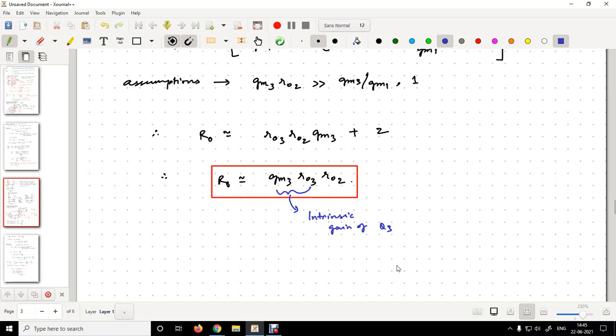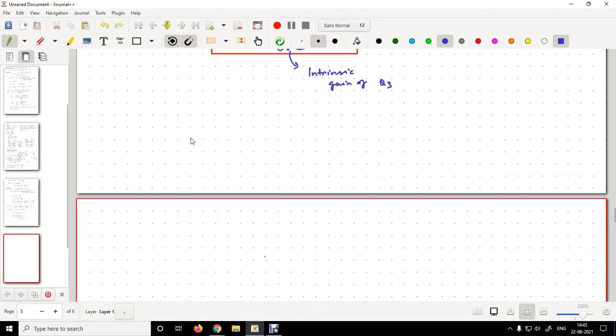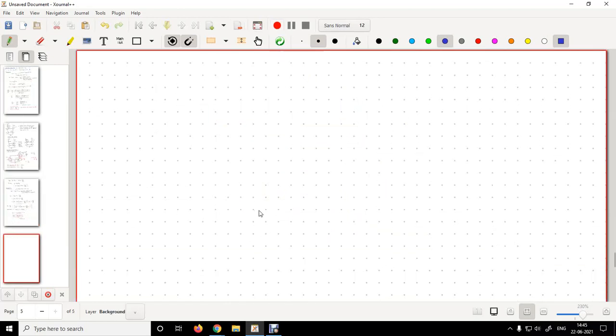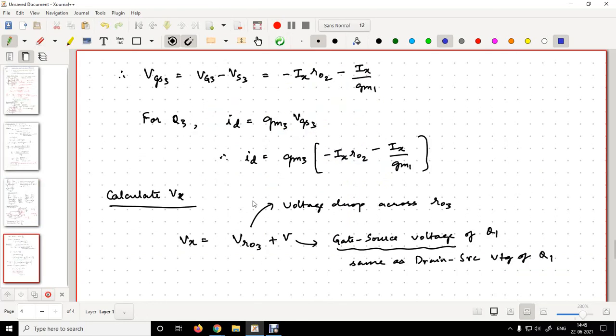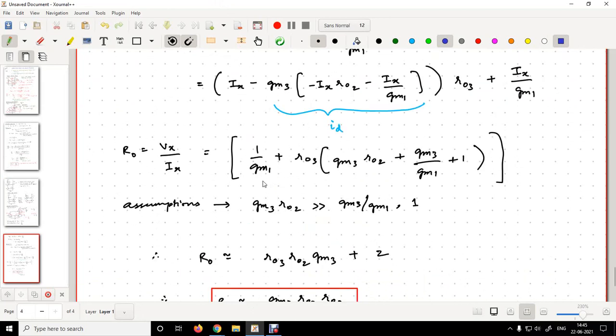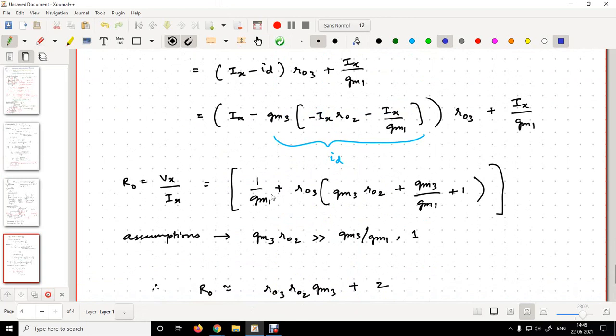We'll stop now. Any queries till here? No, sir. All right then, we'll continue. There's one more topic left in your module 4, a Widlar current source. That I will take up tomorrow. So with that we can wind up module 4. Then we'll start looking at differential amplifiers. All right.